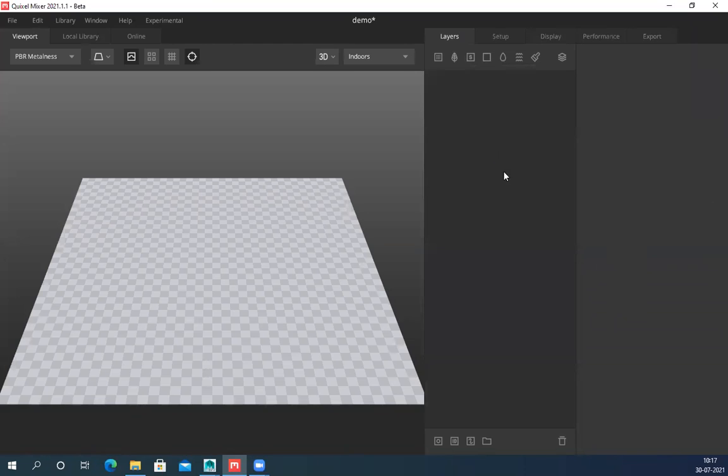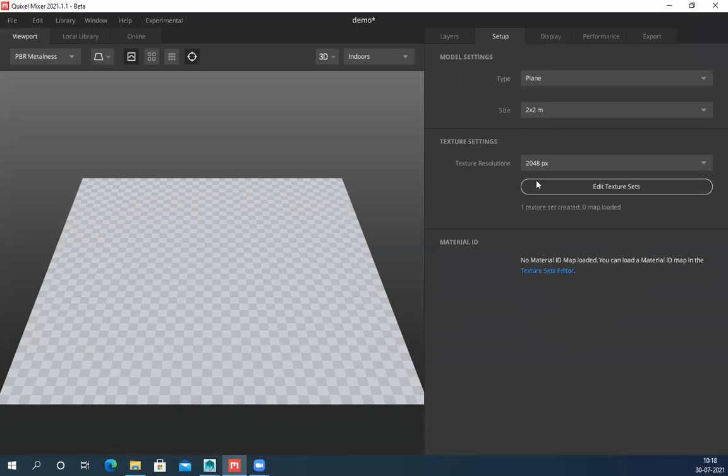Go to layer. When you come to layer, by default you can see there is nothing. It's empty, so you need to add some layer here. Come to setup, you need to select an ID map, because without an ID map you cannot start texturing this.